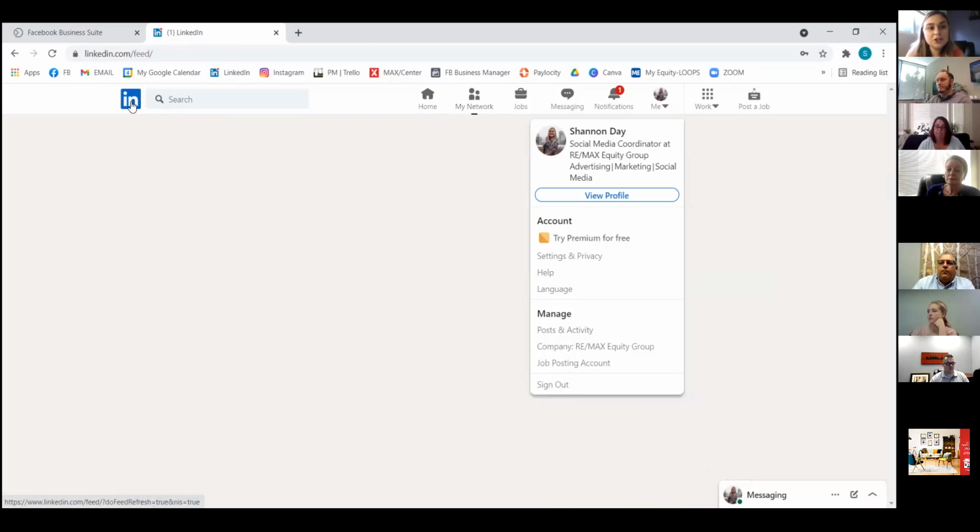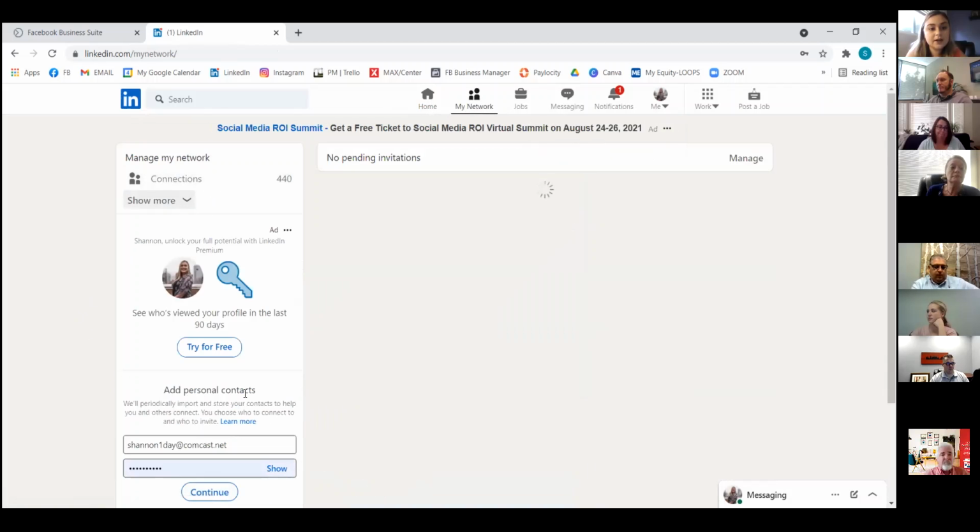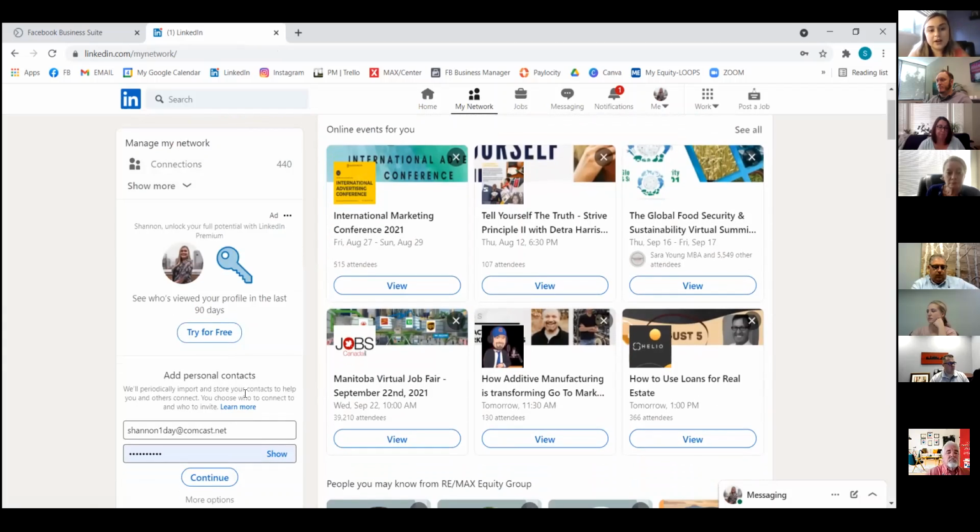There's also a feature on here that's relatively new too in this My Network, which is you can see right here, you can sync your contacts on LinkedIn, and this is something that's important to do too. Especially for you guys with customers and your sphere's phone numbers, it would automatically link you essentially. It would bring up a full list of suggested people from your contact list, and then you could connect with them that way.